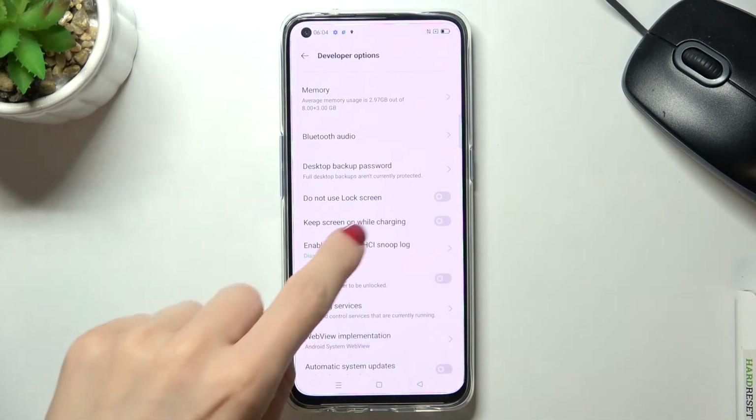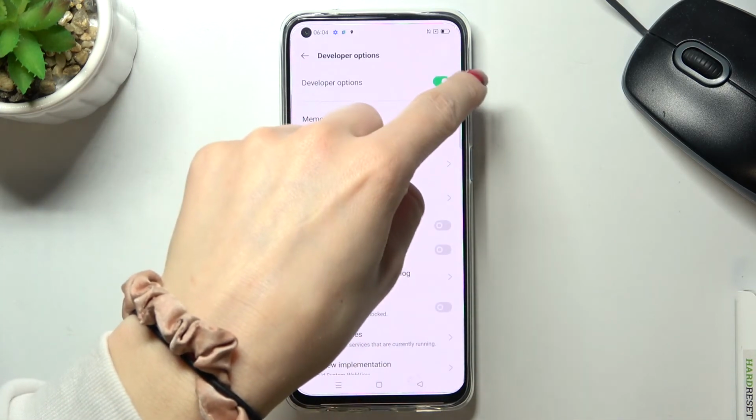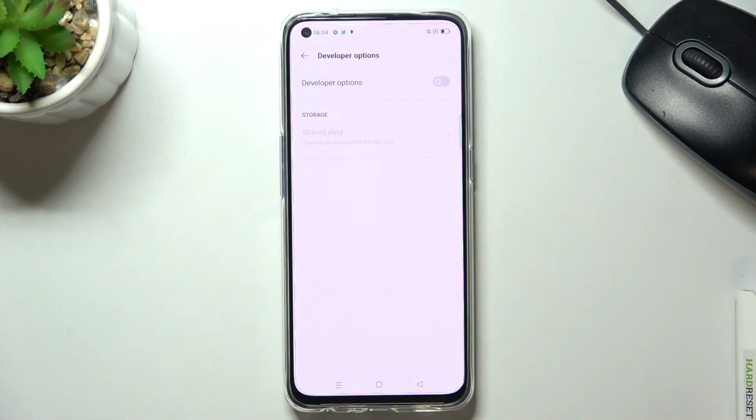And whenever you'd like to get rid of developer options, just unmark the top switcher, and as you can see they disappear, they are no longer active. So this is it, this is how you can activate and use